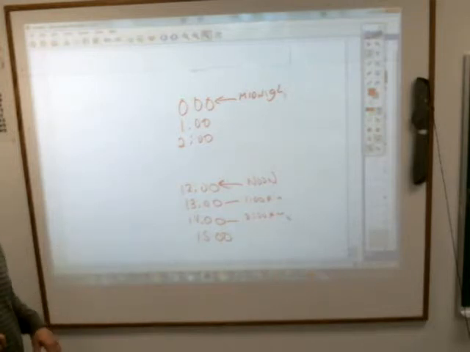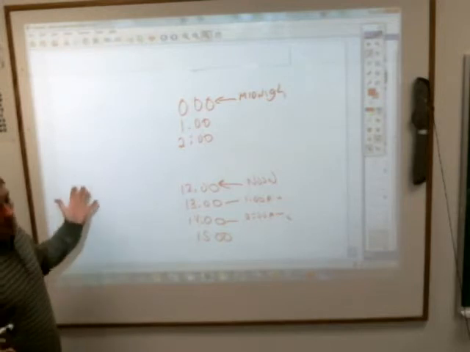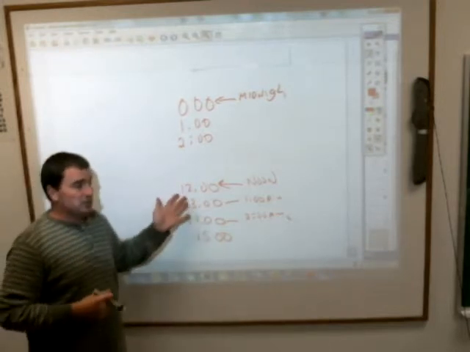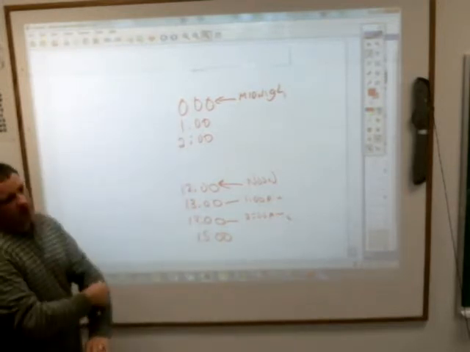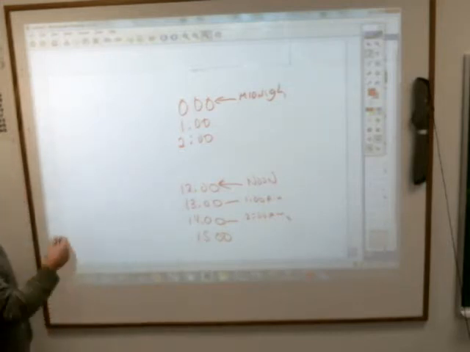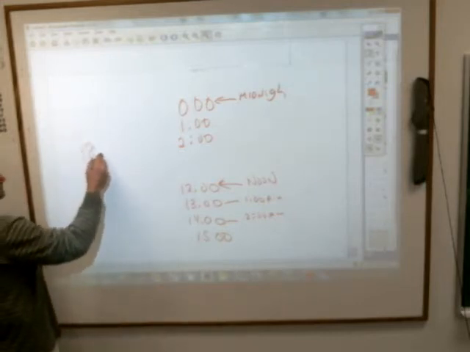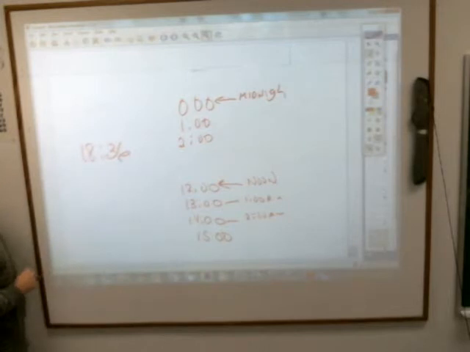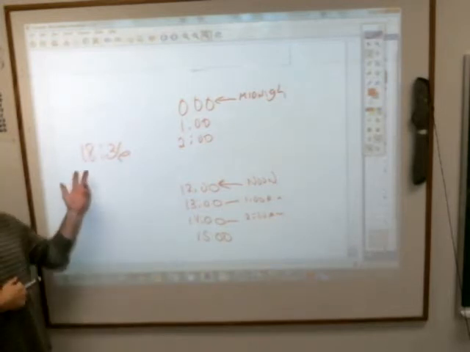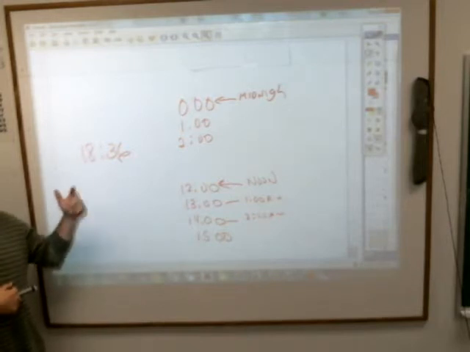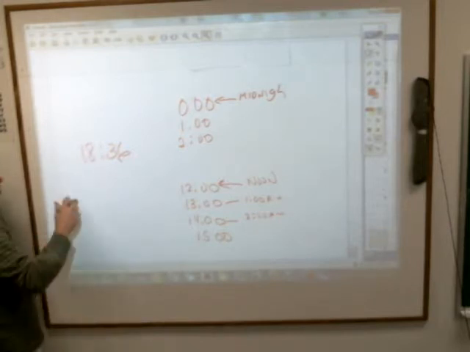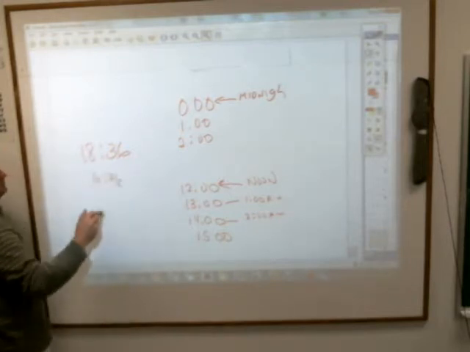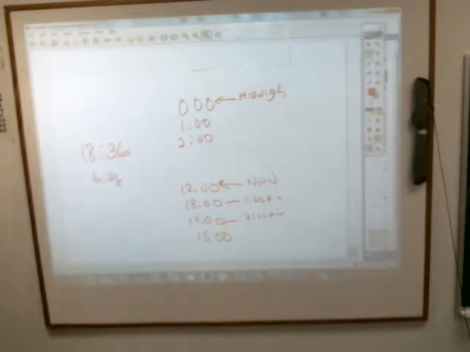But if you told somebody, be there at 3 o'clock, in the military they don't know if that means 3 o'clock in the morning or 3 at night, so they use the 24-hour system. So if you ever see something on your clock like 1836, what real time would we call that? Take 12 away from this, and it's 6:36, 6:36 in the afternoon. So when you see a clock that shows that, that's what it is.